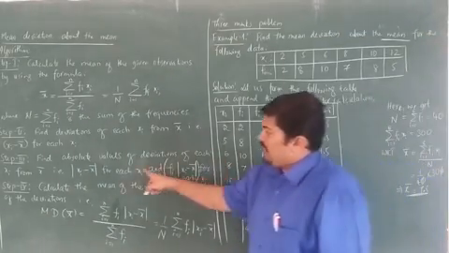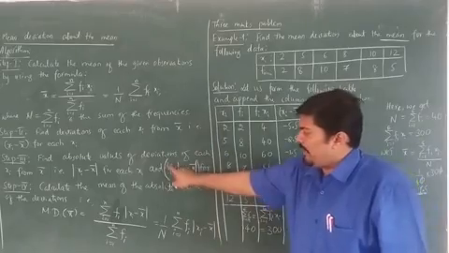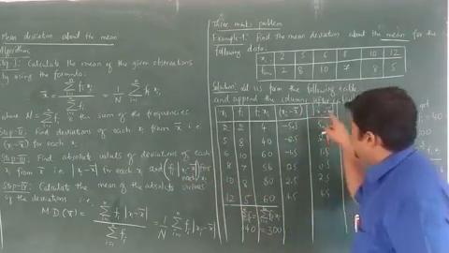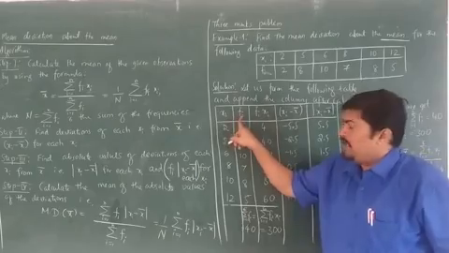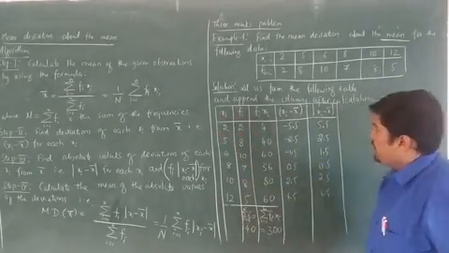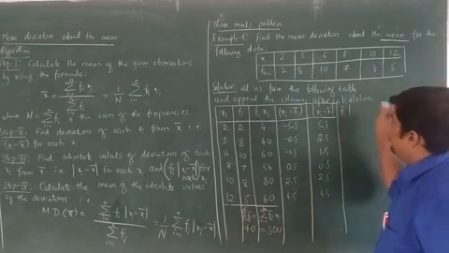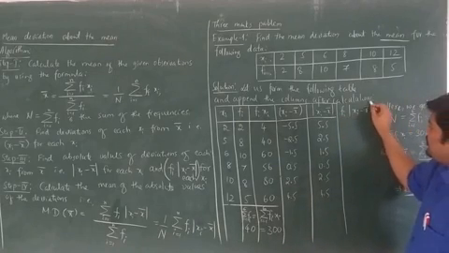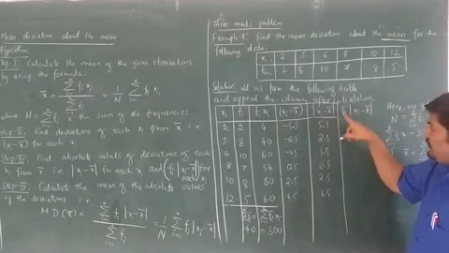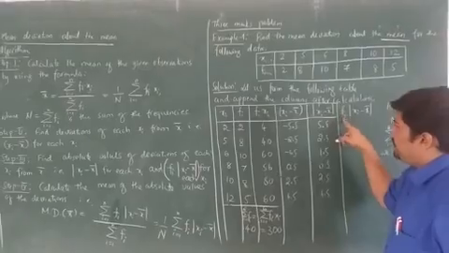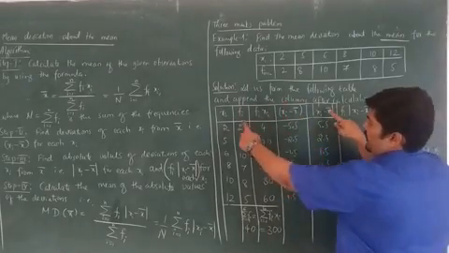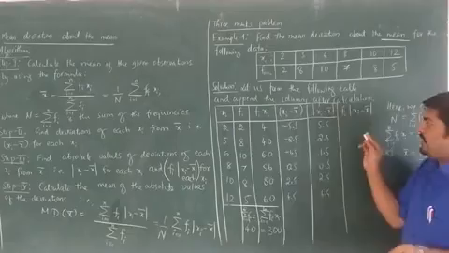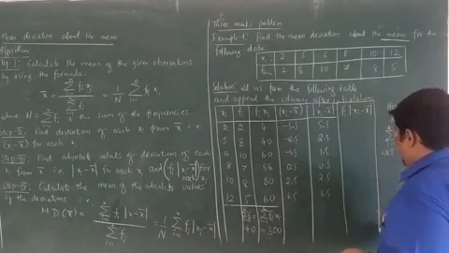Now, in step number 3, your task is to calculate this parameter also, that is the product of absolute values of deviations of each and every observation with the corresponding frequency of each data point. I will add one more column here, the product of absolute values of deviations from the mean with the corresponding frequency. That means the observations in these two columns, your task is to take that product. Let me do the calculations properly.